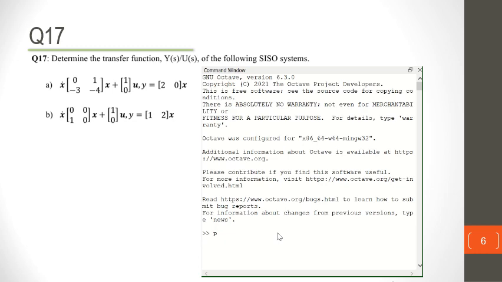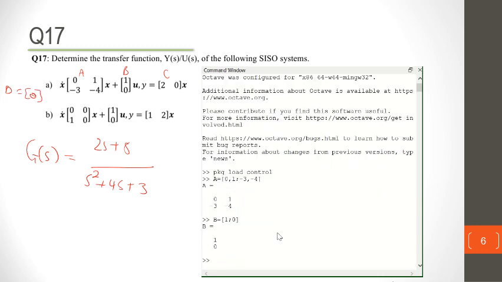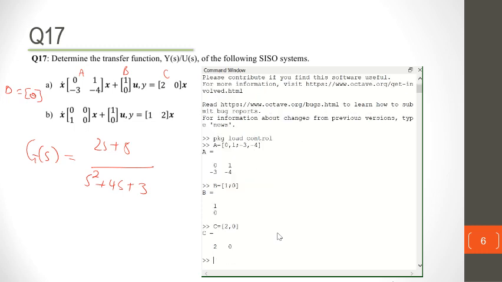We can even use Octave to show that the transfer function is equal to 2s plus 8 over s squared plus 4s plus 3 by inserting the A matrix, B matrix, C matrix, and the D matrix as simply equal to 0 into Octave. Remember, in order for Octave to work, you always have to load the control system package. But you can even verify your calculation using